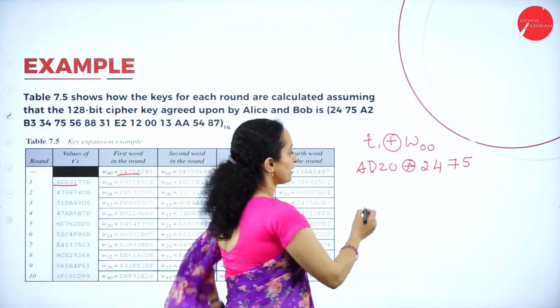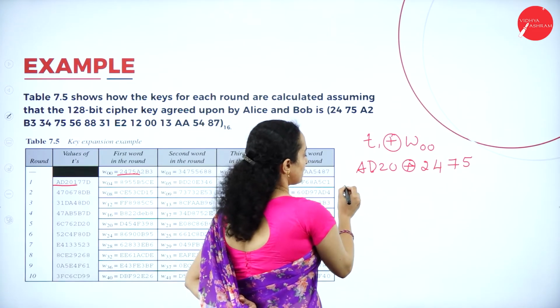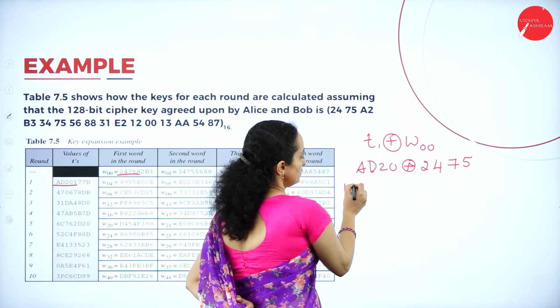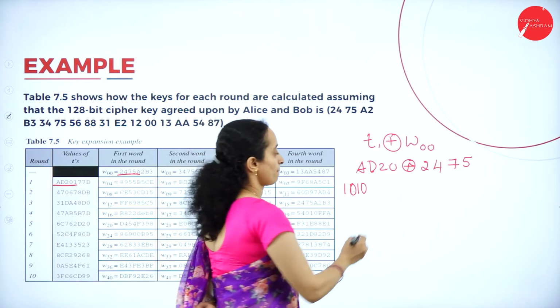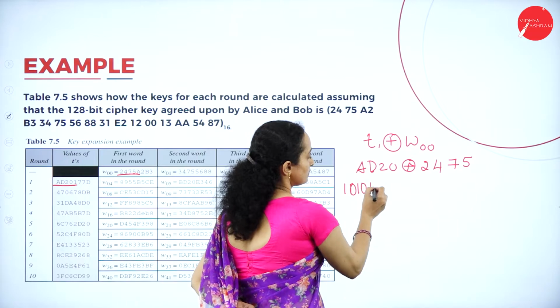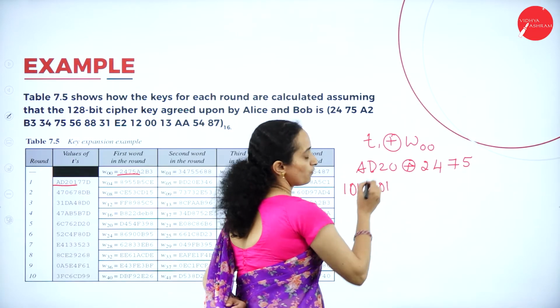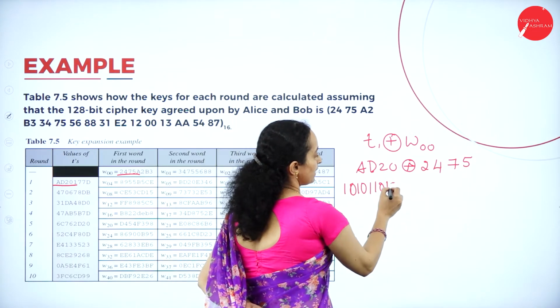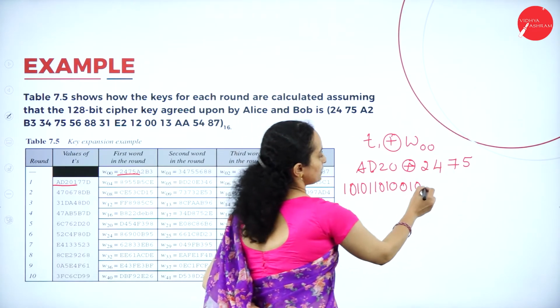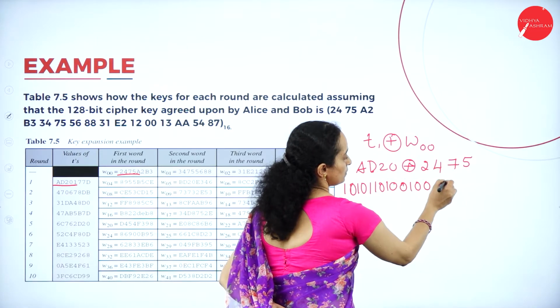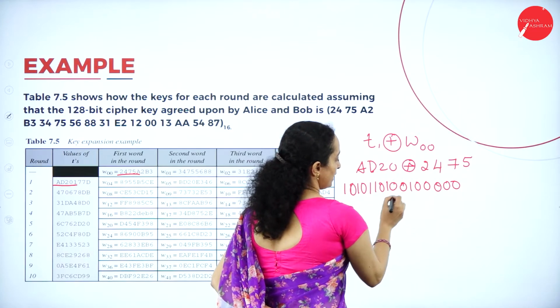2475. So how can you represent it? A can be represented as 1 0 1 0. D can be represented as 1 1 0 1. 2 can be represented as 0 0 1 0. And 0 is represented as 0 0 0 0. It is XORed with